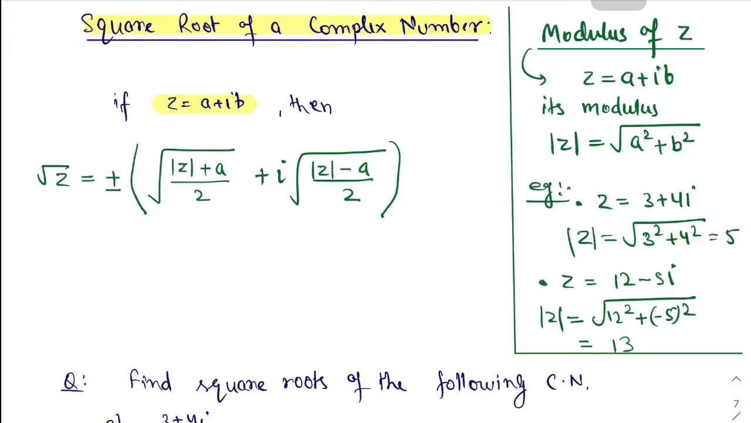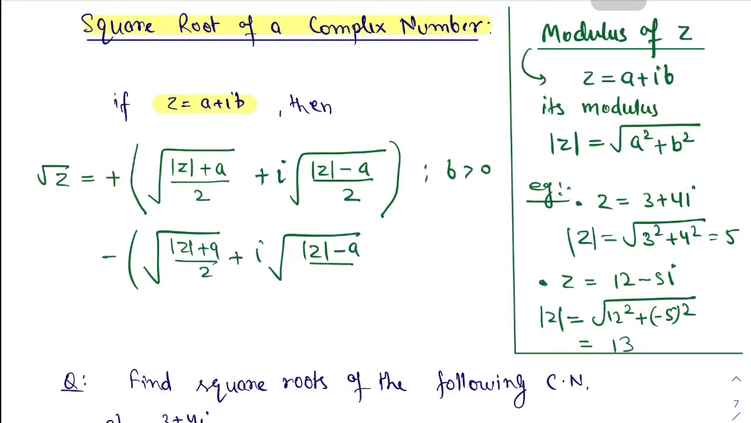So let me write two separate formulas. Plus, when the imaginary part is positive, and minus when the imaginary part is negative. So this is the formula. Okay, how the formula came, we will see shortly. But to apply this formula you will have to know very clearly what the modulus of z is and what its real part is. Okay,